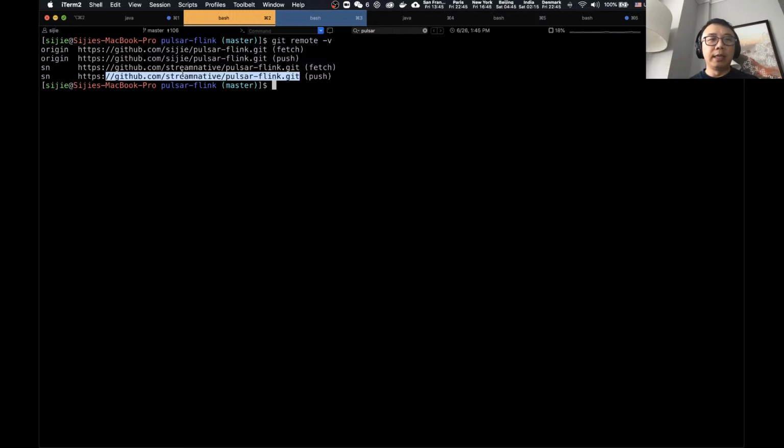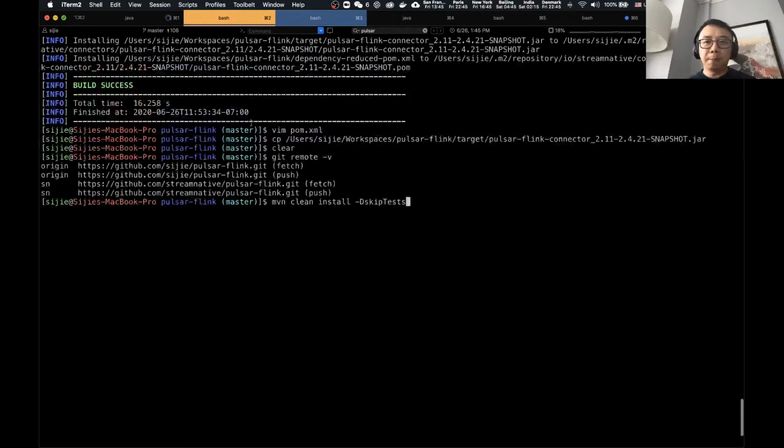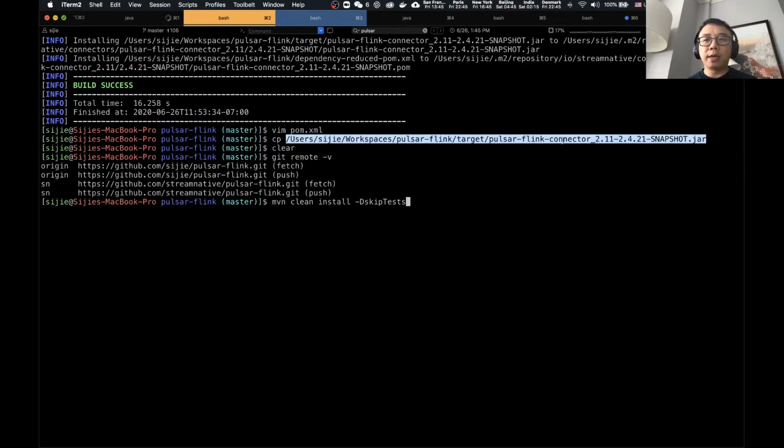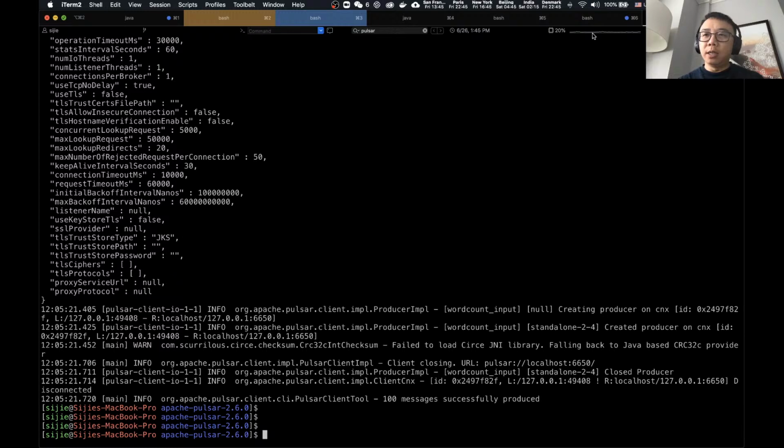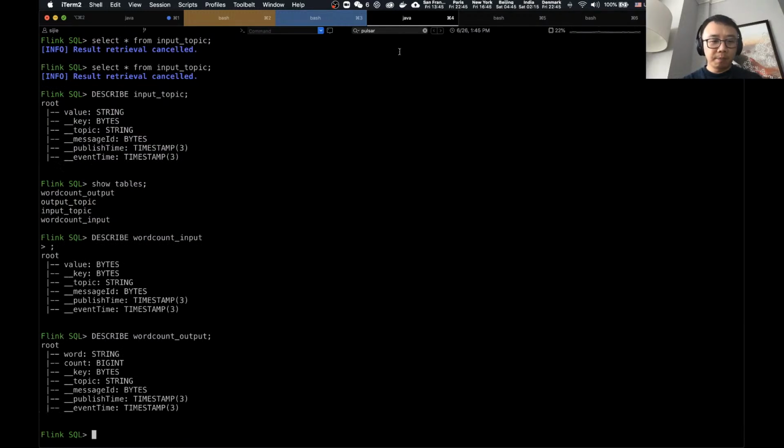This is the repo I downloaded, but you can also check it out and build it yourself with Maven clean install, and then you will get a connector jar, and that jar can be used for running the catalog. And after that, you need to download the